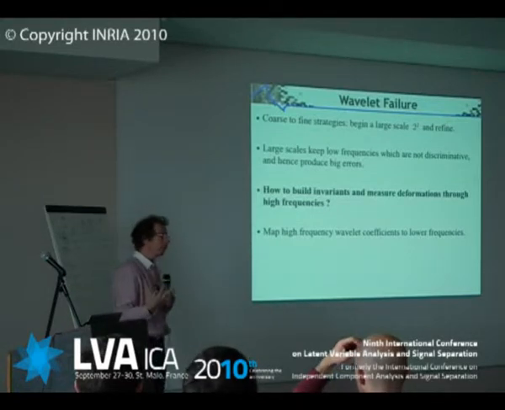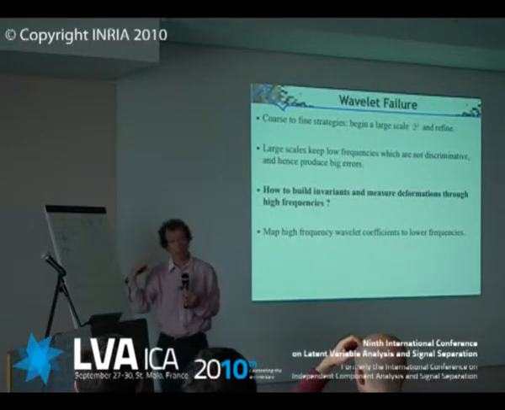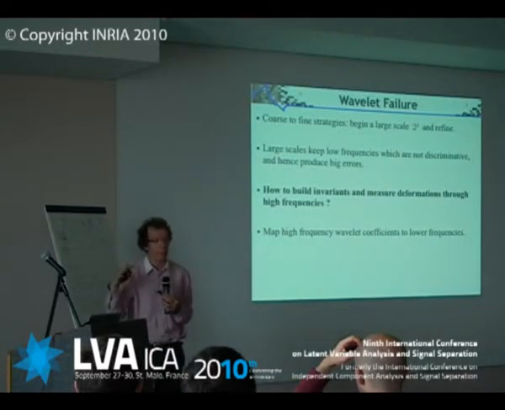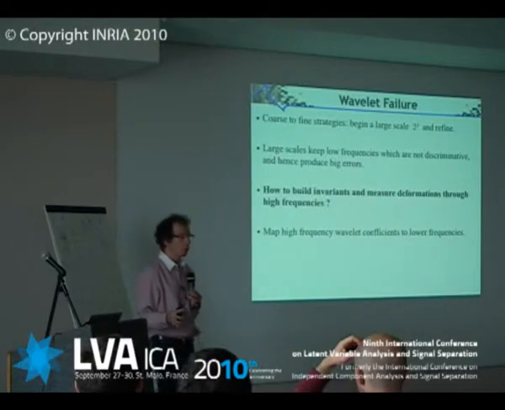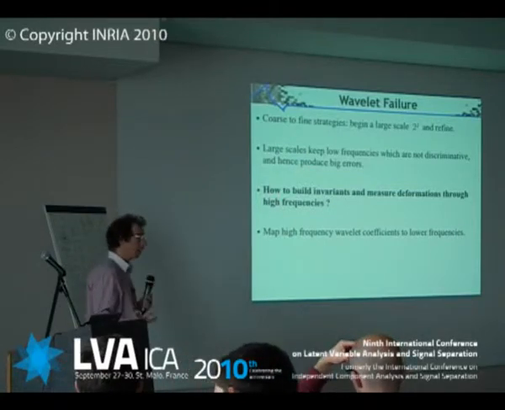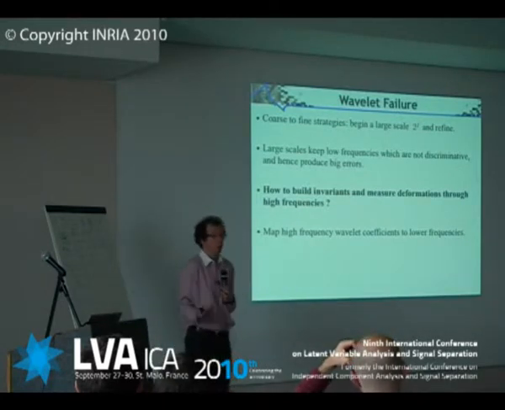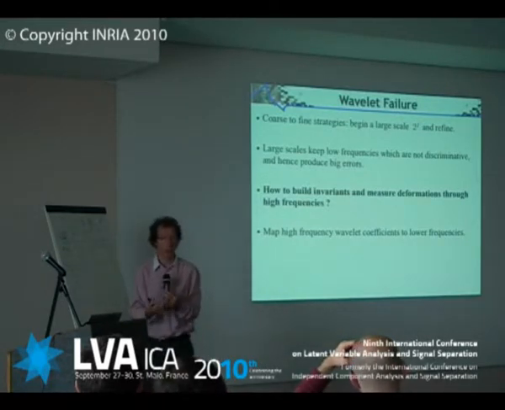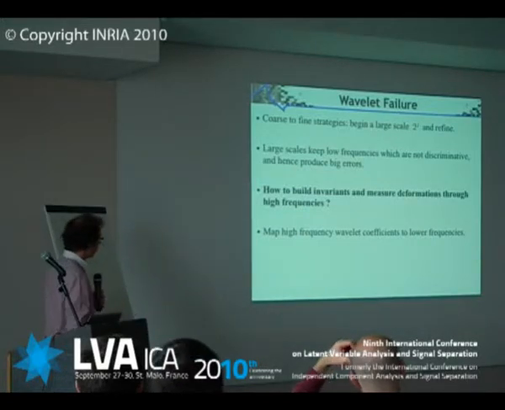Okay? One of the things that people have realized in vision is that recognition is based on high frequencies. You can get rid of the low frequency, you recognize everything. You get rid of the high frequency, you are lost. Okay? So it doesn't work because of that. The key question is therefore, again, how can we build invariants from the high frequencies given the fact that the high frequencies look unstable or are not translation invariant?